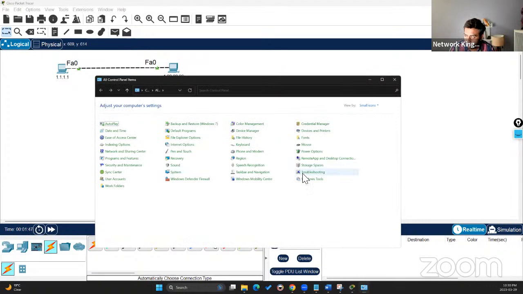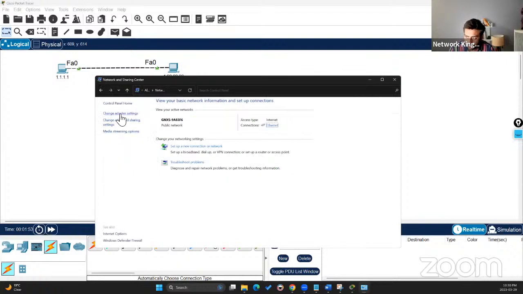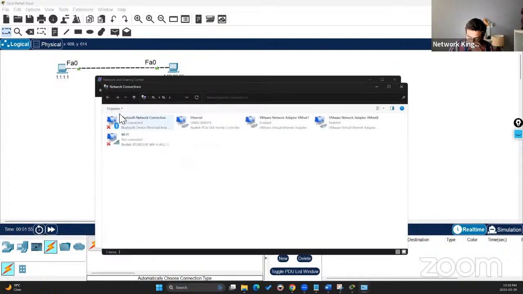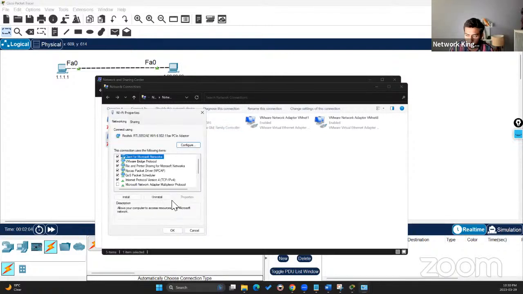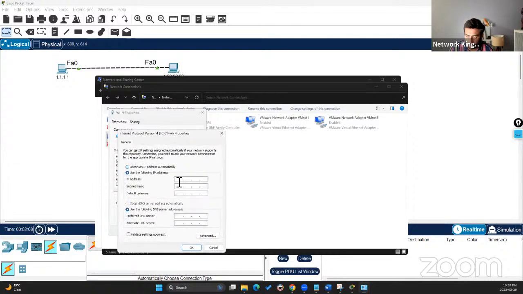Okay, then go to your network connections, networking and sharing center. Then go to change adapter settings. Okay, and then go to your Ethernet or wireless, wherever you want to give IP in your computer. If I want to give IP address in Wi-Fi, suppose, go to properties, IP version 4, go to properties, and here you type those IP